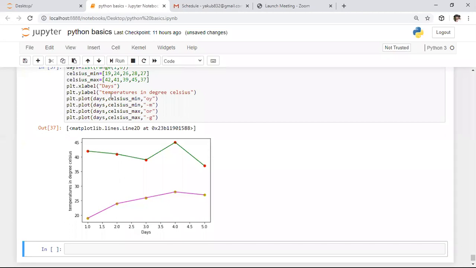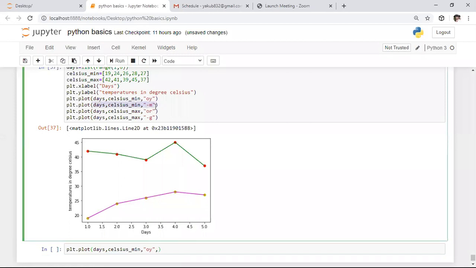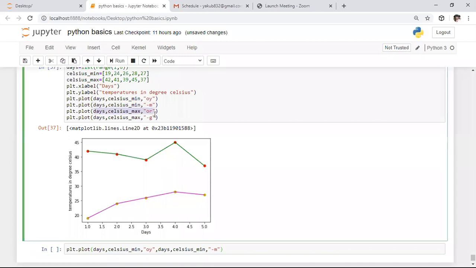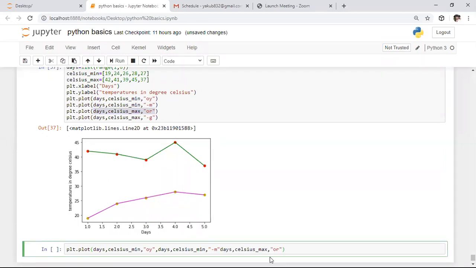We can do this entire thing in a single plot function also. So here I want to do that entire thing in a single plot function. Let's assume, here is the example. In this plot function, I am applying everything. I am considering Celsius minimum, and I'm keeping all these attributes in the single plot function. I'm keeping this entire thing here, as well as this entire thing here. Here we need to keep a comma, right? Yeah, good. After this, again, we can specify all those attributes in this single plot function also.